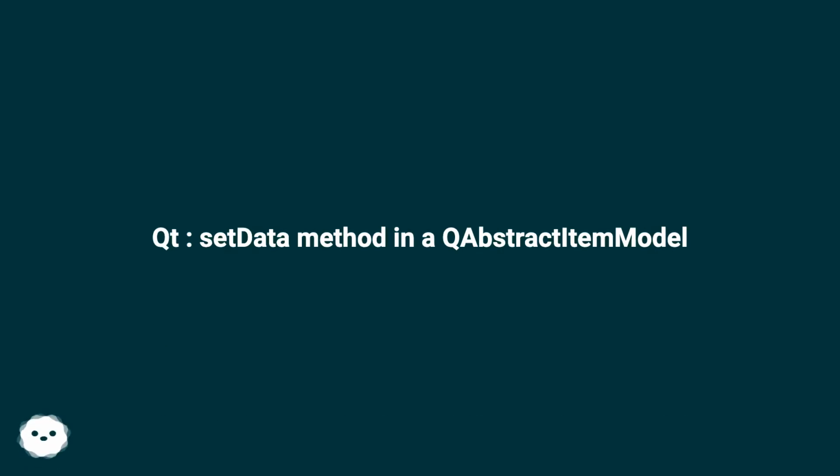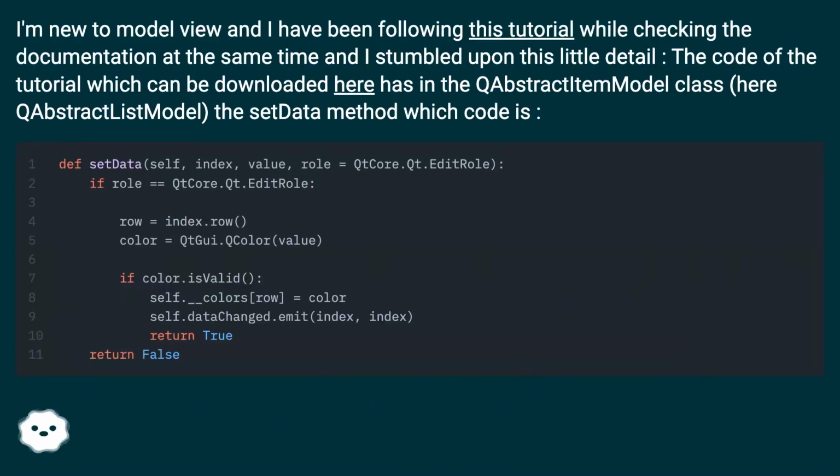Qt, setData method in a QAbstractItemModel. I'm new to Model View and I have been following this tutorial while checking the documentation at the same time, and I stumbled upon this little detail. The code of the tutorial, which can be downloaded here, has in the QAbstractItemModel class, here QAbstractListModel, the setData method, which code is